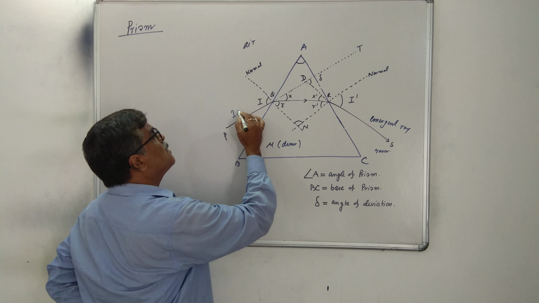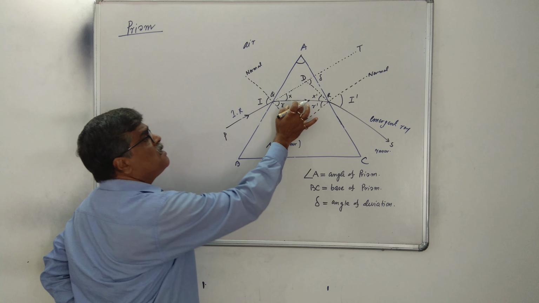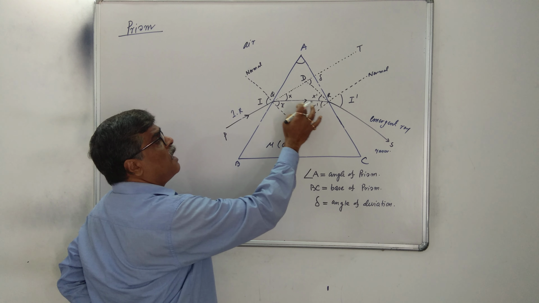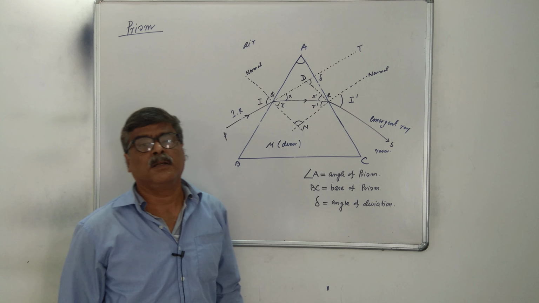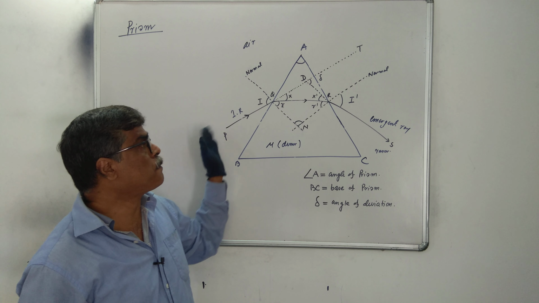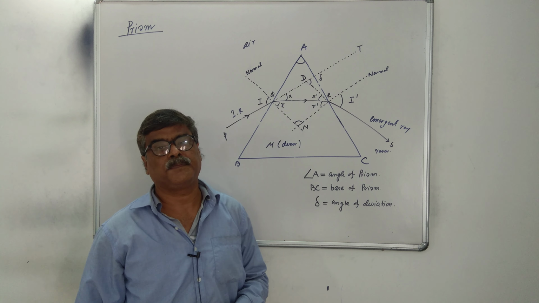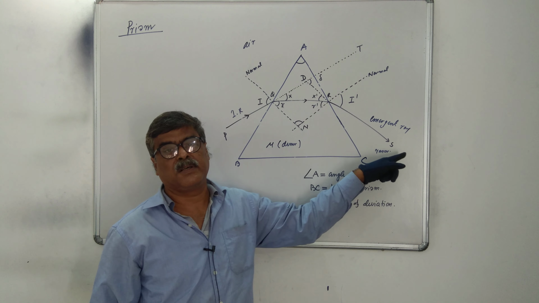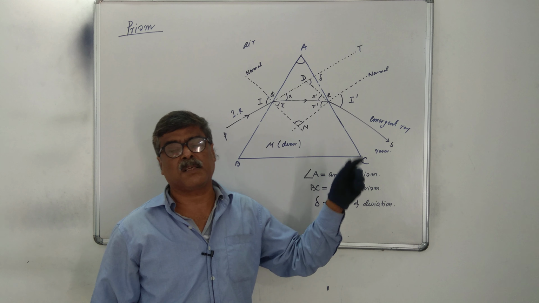This ray is known as the incident ray. This is the incident ray, this is the emergent ray, and for the first phase this is the refracted ray, and for the second phase it is again the incident ray. So our aim is how refraction will occur through the prism. When a light ray passes through the prism, as shown in the figure, you see the incident ray deviates while passing through the prism.